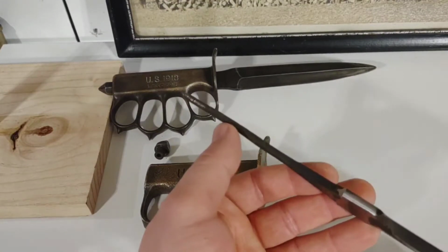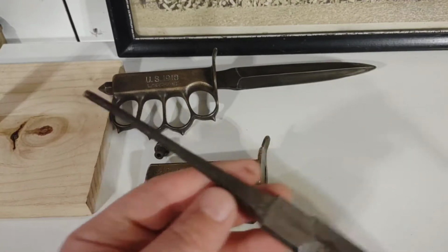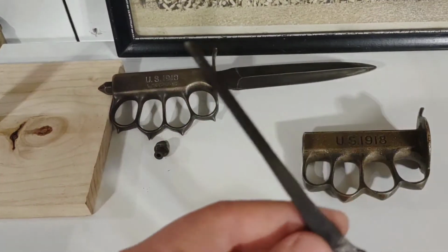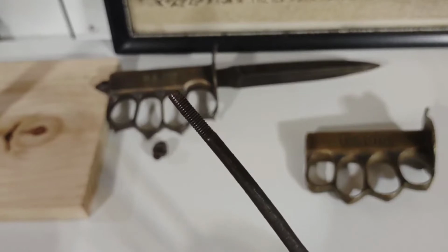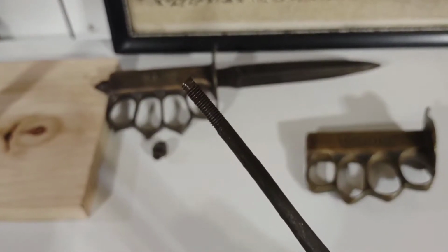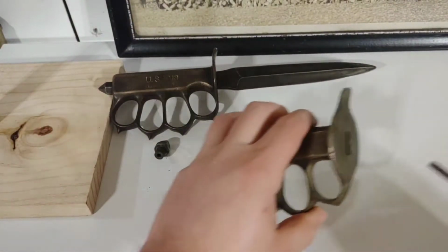Honestly, I would think that you would have some issues because this gets so thin, and I would think it would probably have snapped at some point, but I don't know if you'll be able to see it. There's definitely some cross threading on here, right in there at the top, which is the reason this,